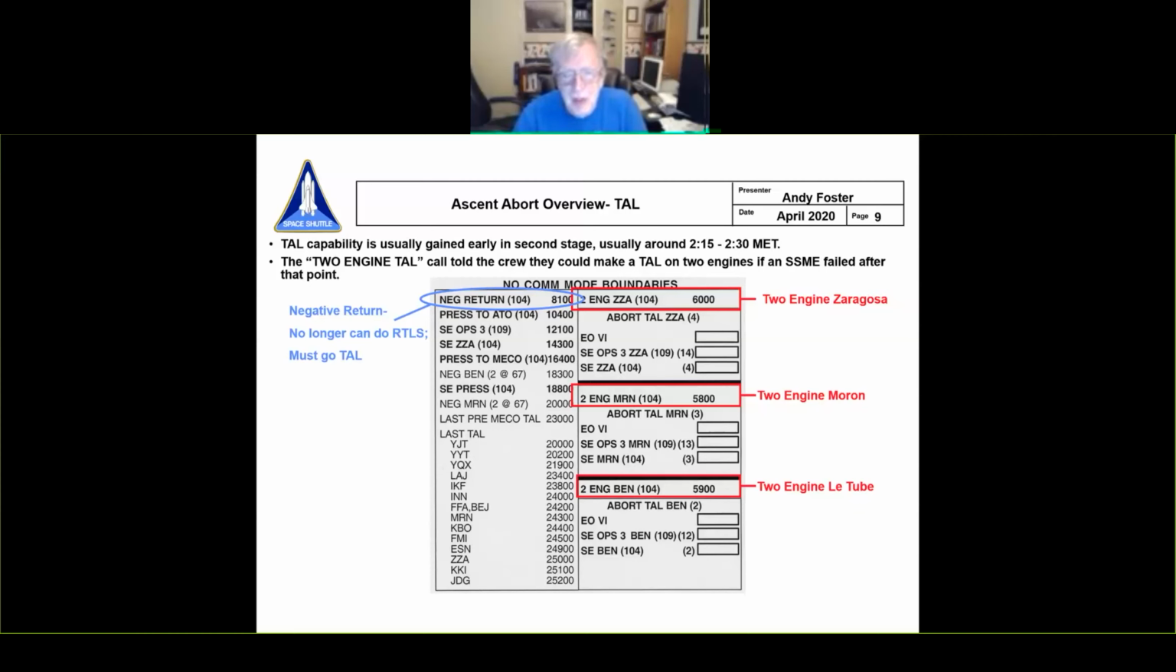This is out of the checklist. This is what the crew would use if they lost comm with the ground. They would know that they had 2-engine TAL at 6,000 feet per second or later. Now, the other call that was kind of related to that, that you would hear if you were going uphill on